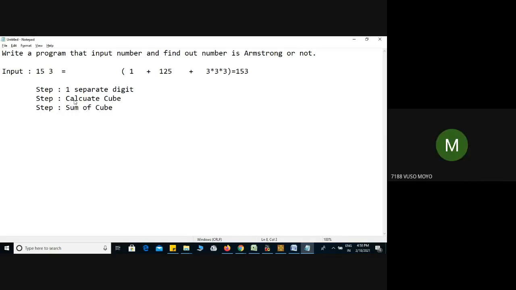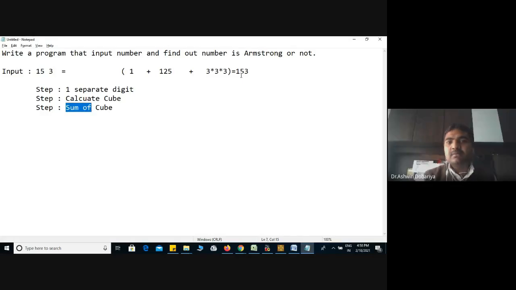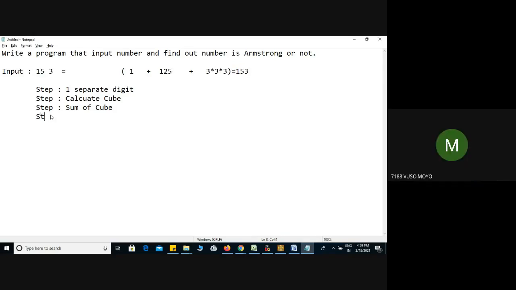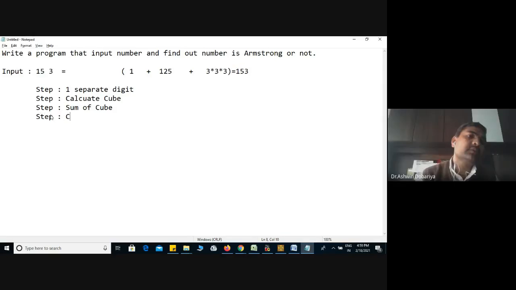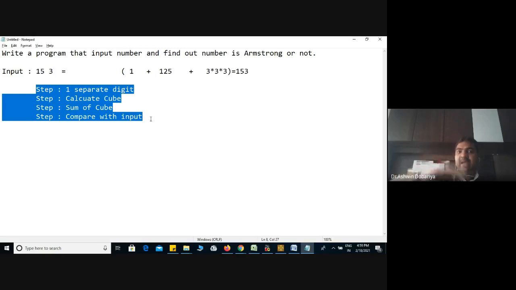And once the sum is done, we compare that sum with the input. So actually, four different steps we have to perform in this. So first of all, what is an Armstrong number? Everyone is clear now? Yes, sir.